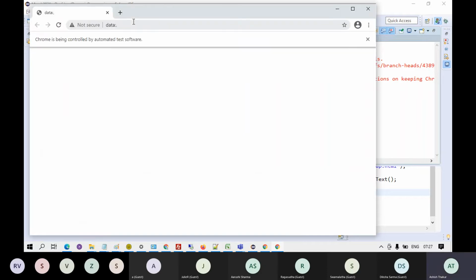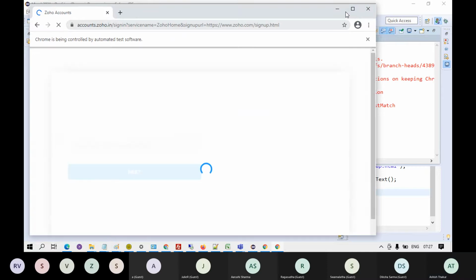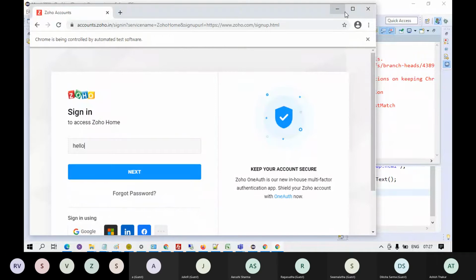It's taking time today to open the browser, but generally it doesn't take that much time on my machine. Maybe I need to restart or something. You see that it goes and types hello.